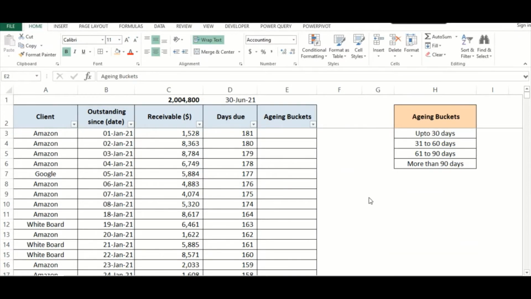So we will be using if function for identifying aging buckets, equal to if number of days is greater than. So here you need to keep that in mind, that you need to begin with the biggest bucket, greater than 90,